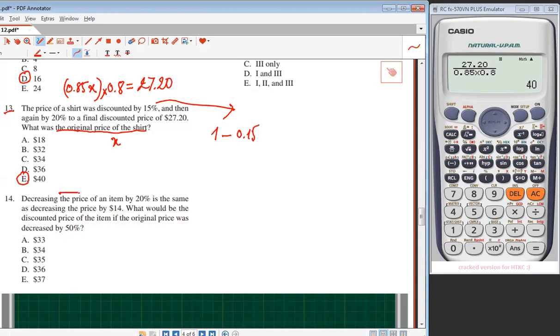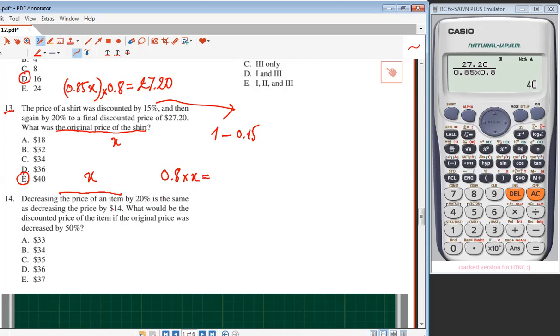We set the price of the item as a variable S, and do the same as in question 13. Decreasing by 20%, we will write 0.8 times S is equal to